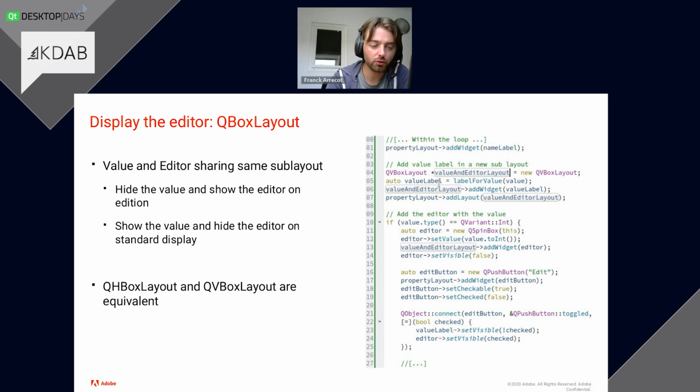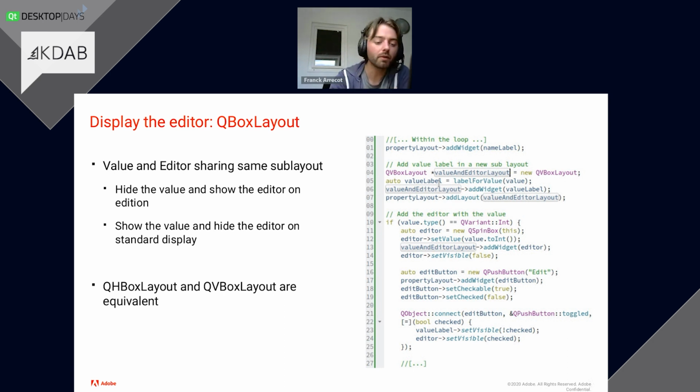We are able to do that here again. Okay, so we are connecting a lambda. I'm going to explain that a bit later on the edit button. So when the edit button is clicked, this code here is called. It's a lambda, a function that is created in place, but it could totally be a regular slot that you use every day, defined somewhere else.